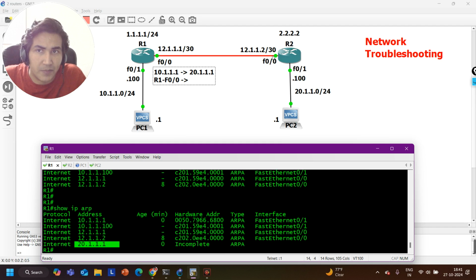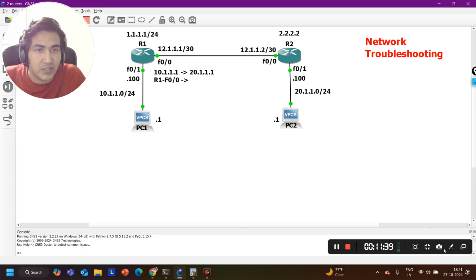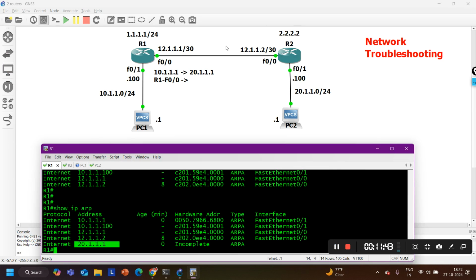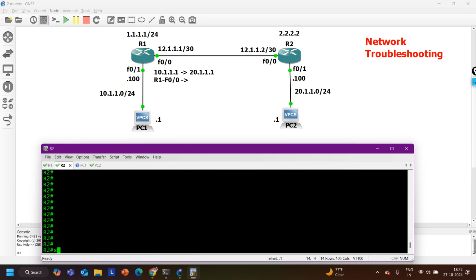Definitely proxy ARP is disabled. That's why router 1 is not able to resolve the MAC address of 20.1, right? So the solution is very simple. And before that, guys, before enabling proxy ARP or changing the static route, the same thing is happening on router number 2 also. Like on R2 also, if you check show IP route for 10.1.1.0